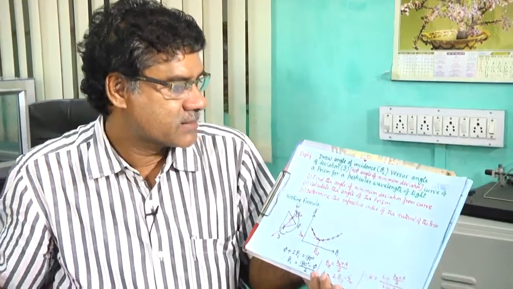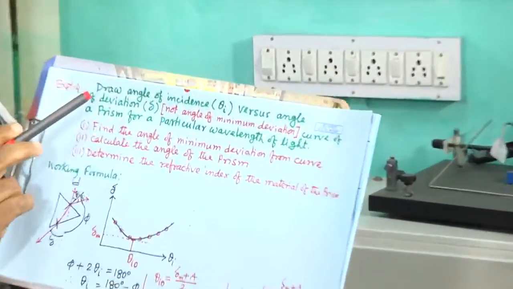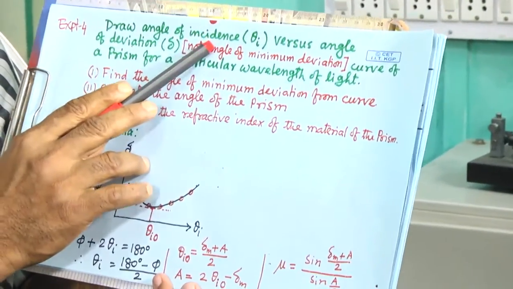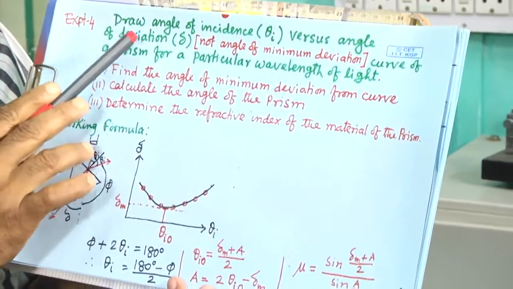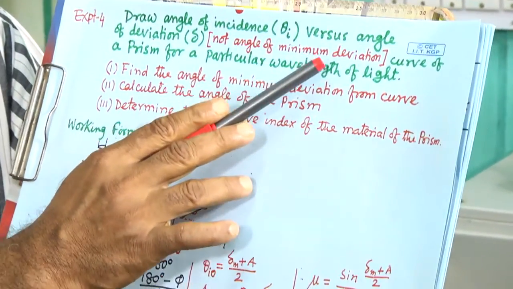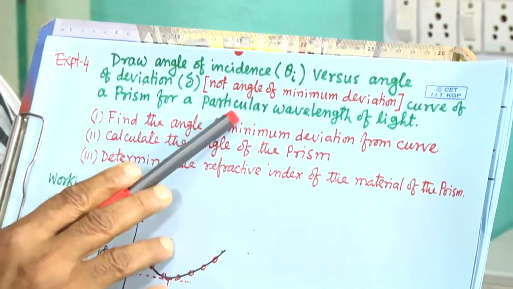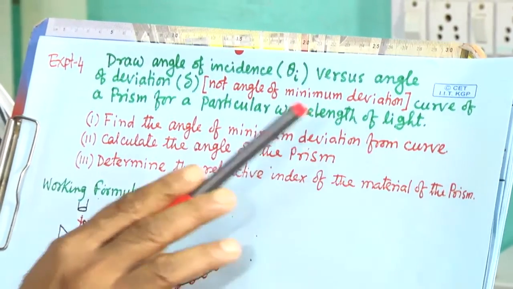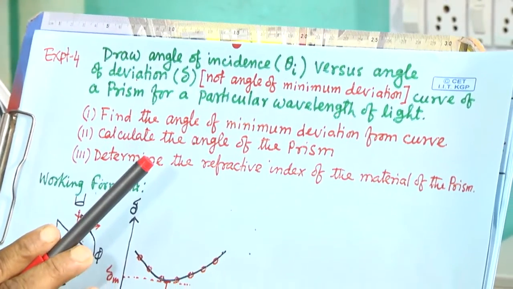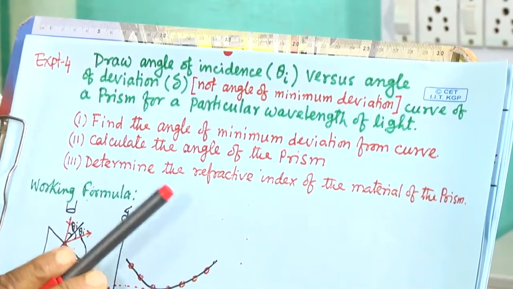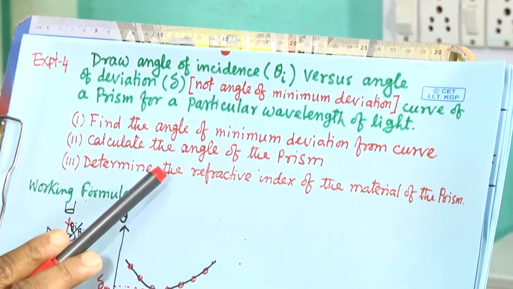So, today we will demonstrate another experiment using the spectrometer and prism. This experiment is to draw the angle of incidence versus angle of deviation curve, not the angle of minimum deviation. This is the curve of a prism for a particular wavelength of light, which means for a particular wavelength, if it falls on the prism,